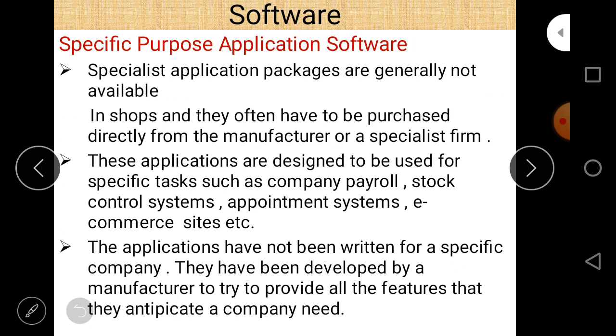Specialist application packages are generally not available in shops, and they often have to be purchased directly from the manufacturer or a specialist firm.